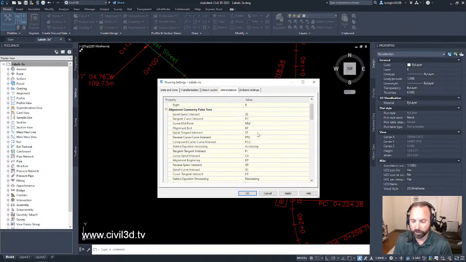And we're going to change the geometry abbreviation values to the following. For the alignment end, which is right here, we're going to change that. Rather than saying EP, we're going to type end. Okay, the next one,